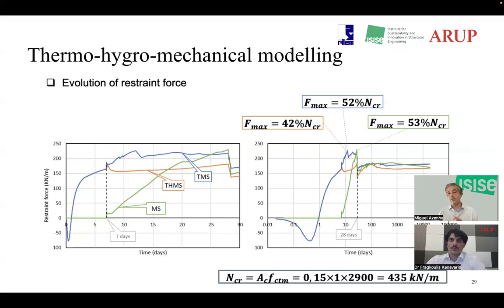And this was because of a combination of effects. We have this all in the publication, well discussed, in my opinion. But the main thing is the fact that the shrinkage, in this case drying shrinkage, was non-uniform. So we had more shrinkage on the surface than on the inside. So it created an initial stage of cracking only on the surface. And when the bigger crack happened, when the restraint was big enough to cause the cracking of the entire specimen or the entire slab, a part of the slab was already cracked.